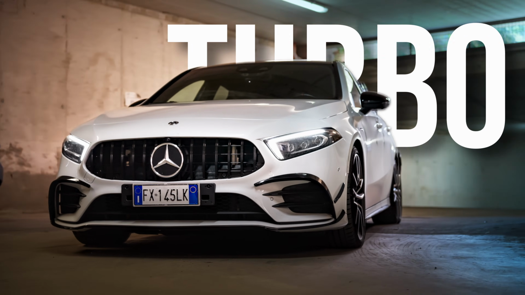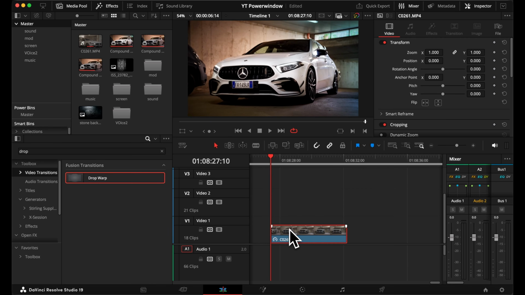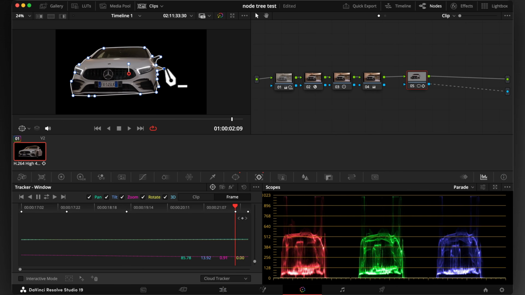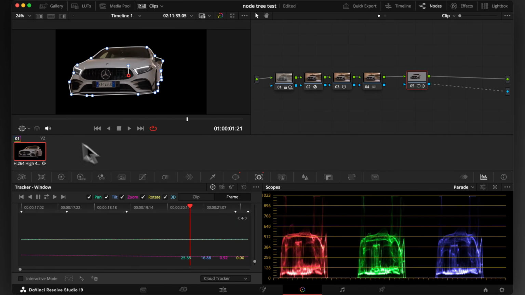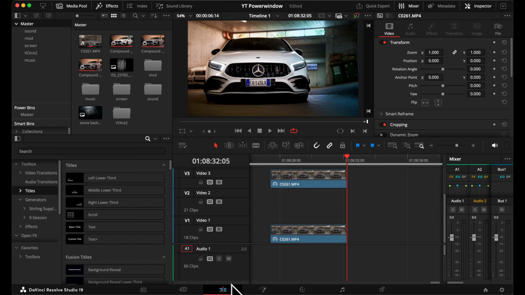Another cool effect you can achieve with this tool is placing text behind your subject. For that you want to duplicate your clip in the edit page and place it two tracks above the original. Then mask out your subject as I've shown you before and connect the alpha output again to make it transparent. Now, if you head back to your edit page, you can drag some